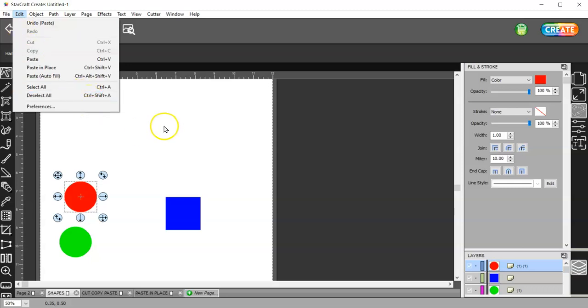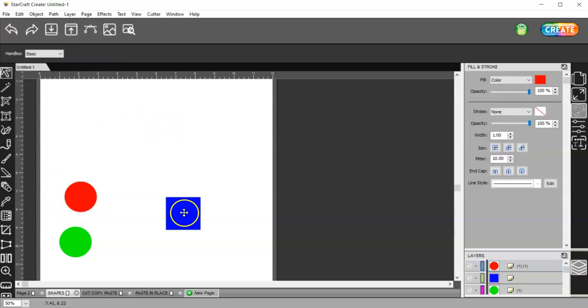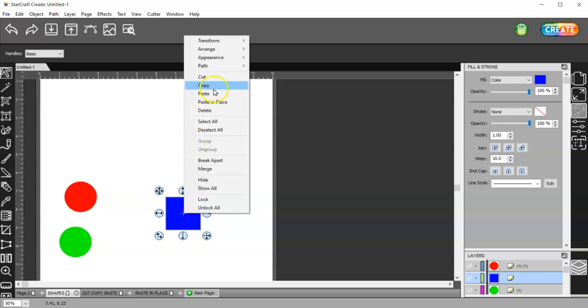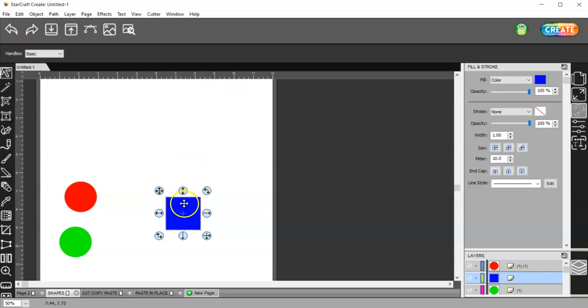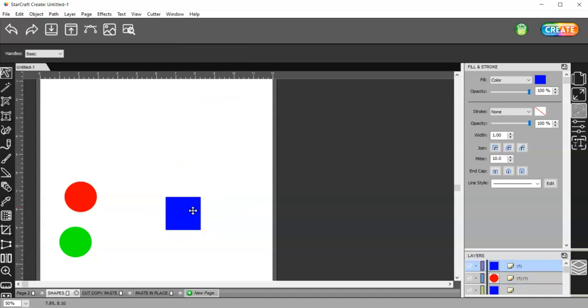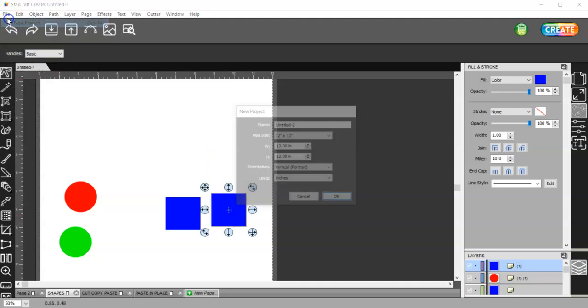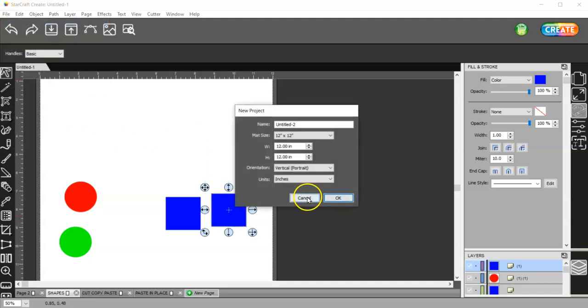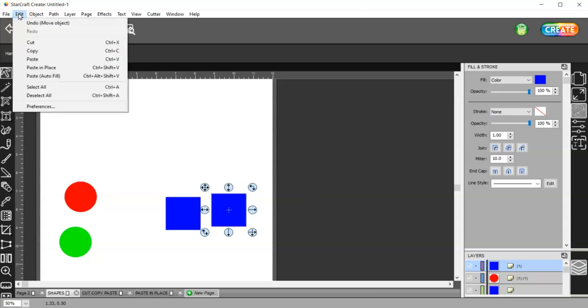Okay. And then we have cut, copy, paste, paste in place. So if I copy this and I right click and choose to paste in place, it's directly on top. Okay. And then if I, oops, wrong one. If I edit,